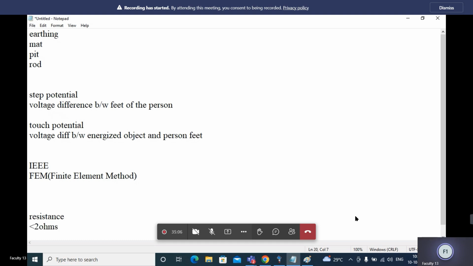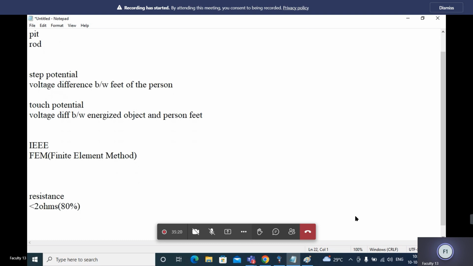For 80% of client companies, they will expect 2, 2 point something, or less than 2 ohms. Some other companies will specify less than 3 or less than 4 ohms. So based on the client, the resistance value will differ.